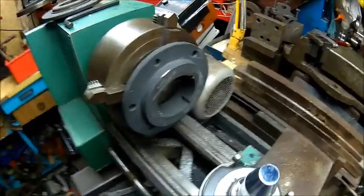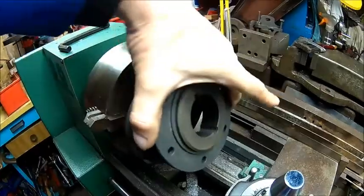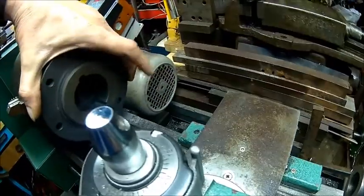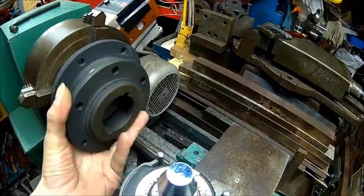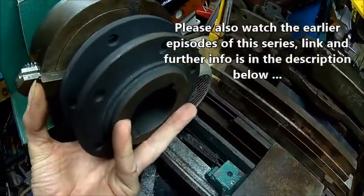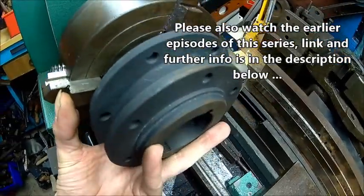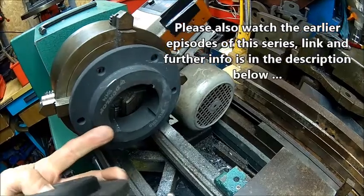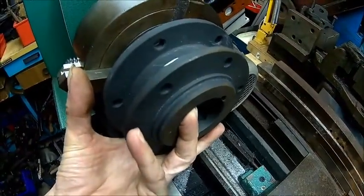So I think we made a decision. We machined that down so we can actually drill the holes for the smaller bolt circle and tap it, so you can put studs in. Look, that's a bit smaller. There's enough meat here so we can actually turn it down a little bit